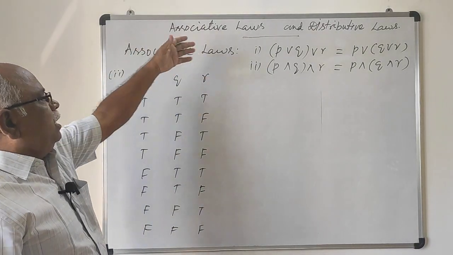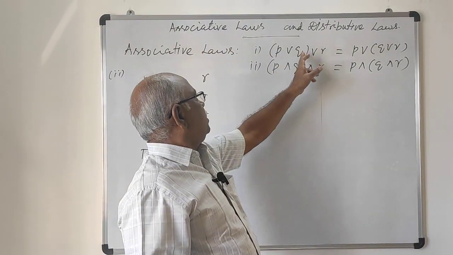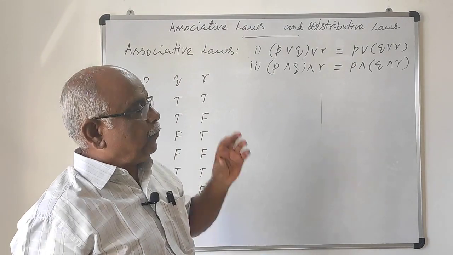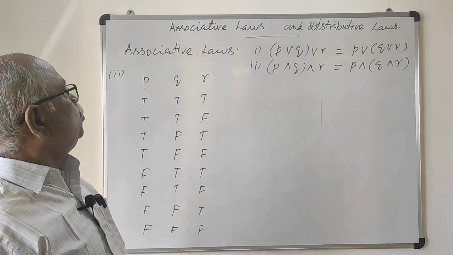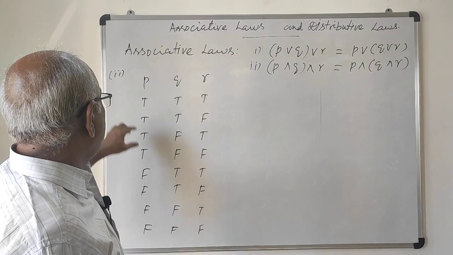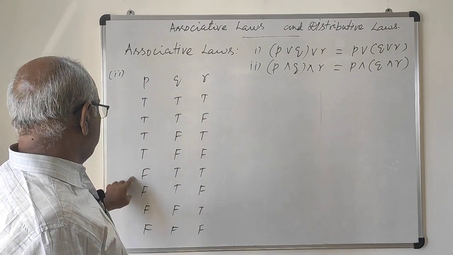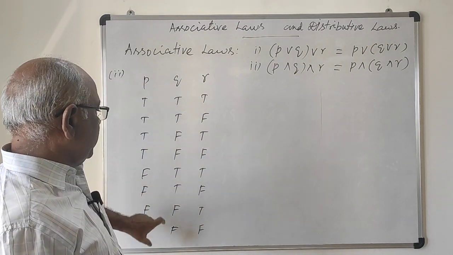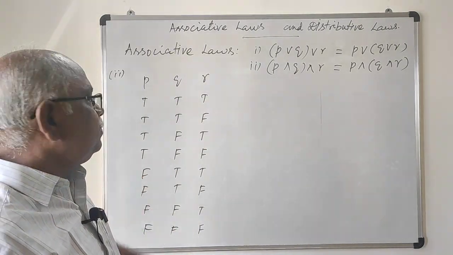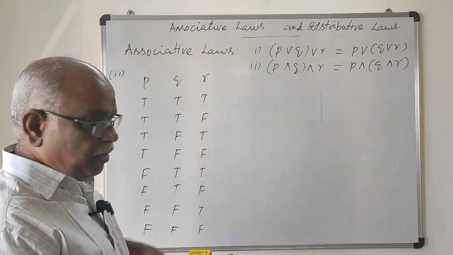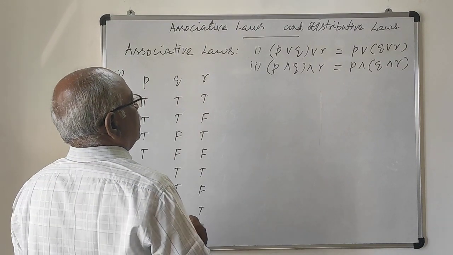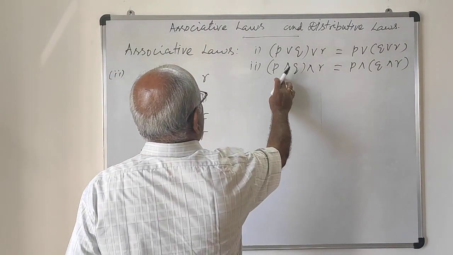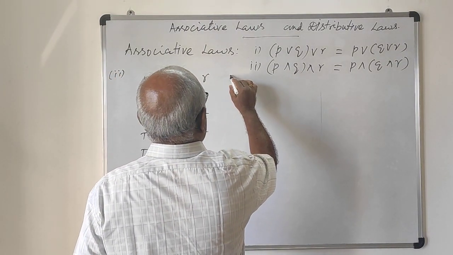Since this truth table consists of three statements, P, Q and R, we have 2 power 3, 8 rows here. Therefore, the first P column consists of 4 T and 4 F, the Q column consists of 2 T and 2 F alternatively, and the R column is alternatively T and F. Next, I am going to derive the second column, P